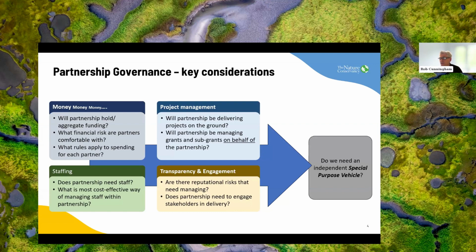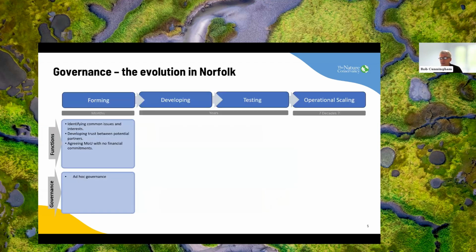There's a lot of interest in this in the NGO world about setting up legal entities that manage large programs or projects, and that's not a small undertaking. So the question we've been asking ourselves repeatedly is, do we need a special purpose vehicle? I'll just quickly run through the evolution in Norfolk to illustrate how some of those things play out. And I think it's really important to reflect that everything starts with a conversation,